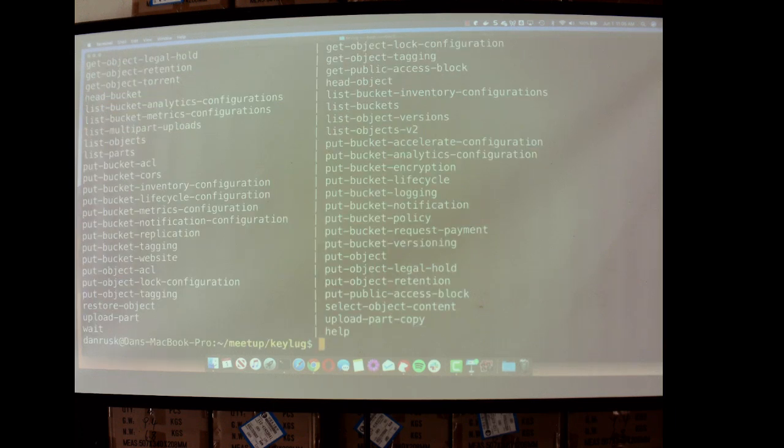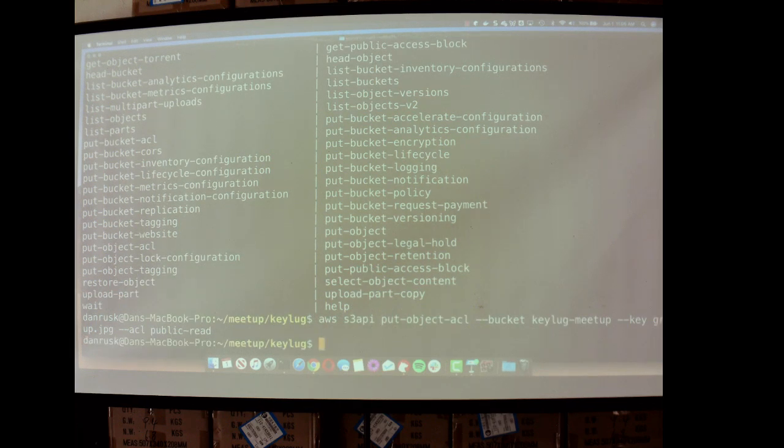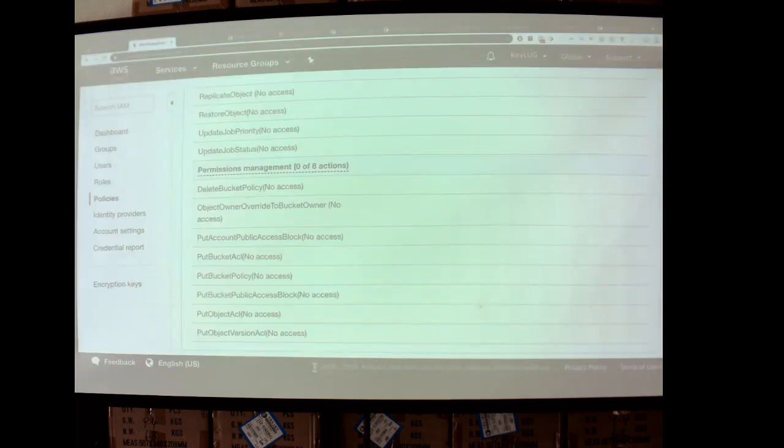There's a lot of specific syntax you need to be familiar with to do this. You get one little thing wrong and it complains at you. I just got it wrong. This time I forgot the second part, the actual action I wanted to do, which is put object ACL. All right, so now my object has